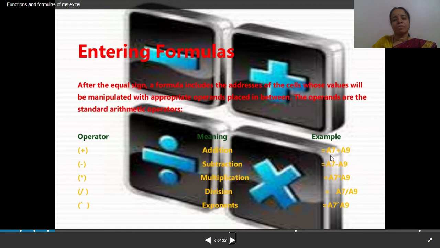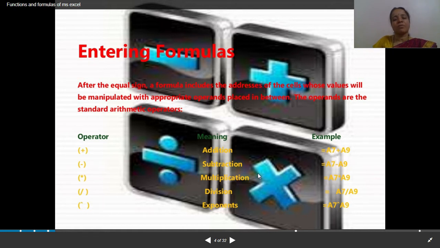For example, equal to A7 plus A9. A7 is the cell address, column A and 7th row, and we are adding the value of A7 with A9, that is column A and 9th row. Like that, we can add two cell values using this formula.